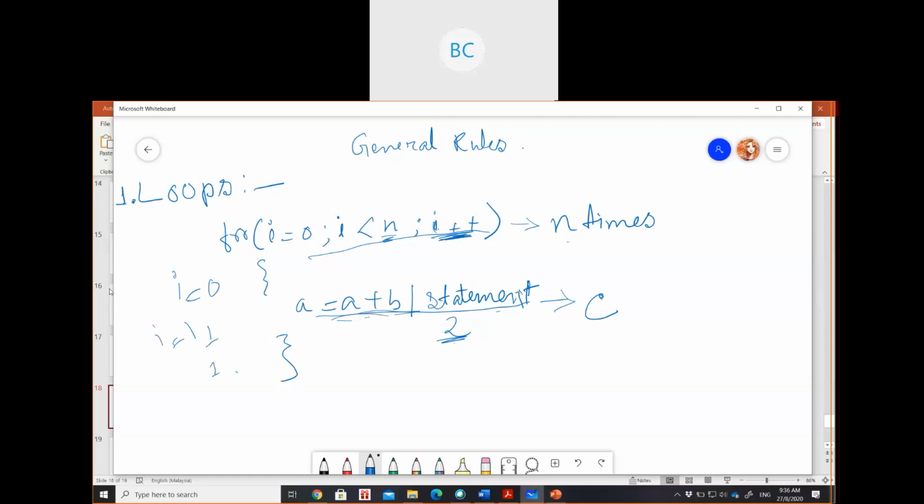So every time it will have some amount of operations, logical or arithmetic, and it will simply take constant time. So whenever you see a for loop, just remember it will run n times because it depends on the input size. Then anything inside the for loop is going to take constant time.